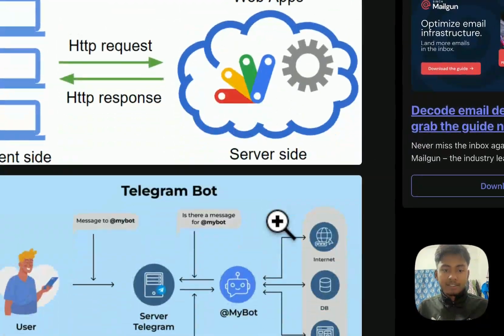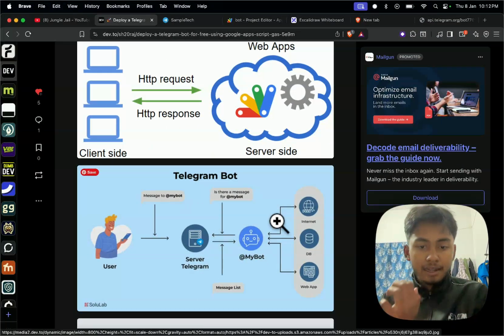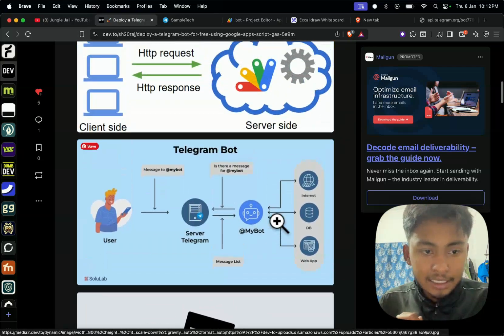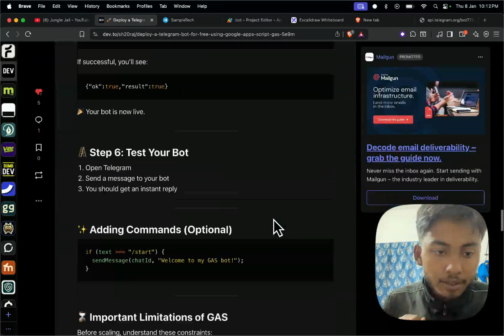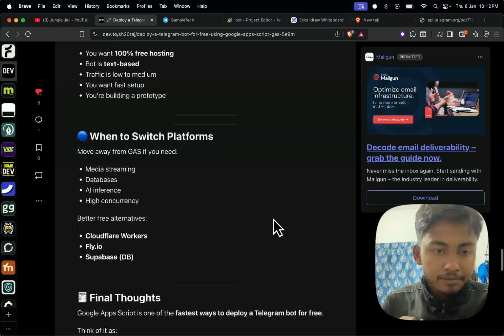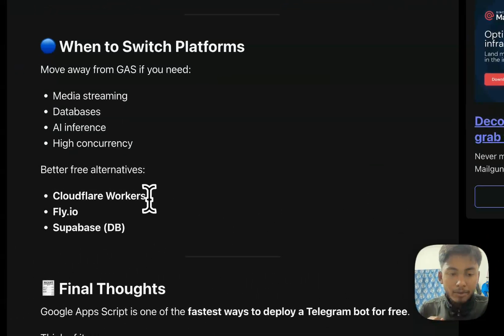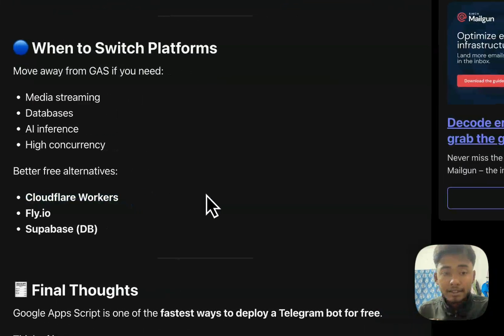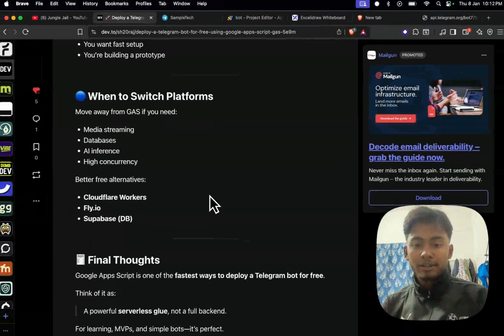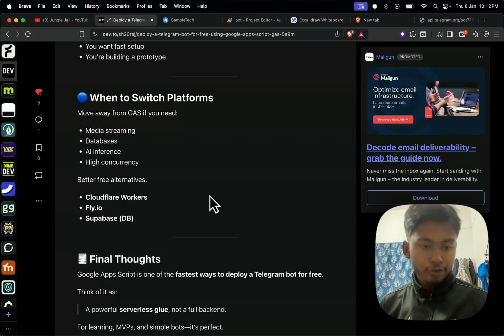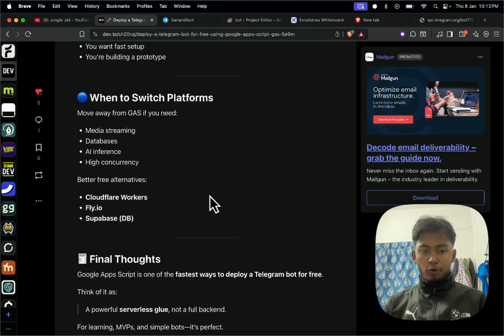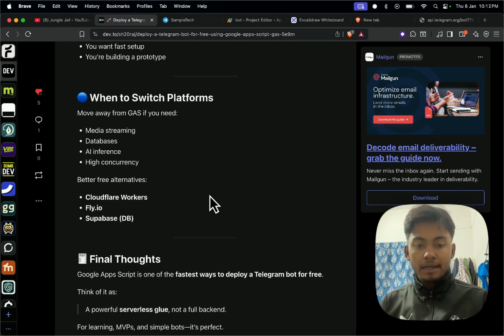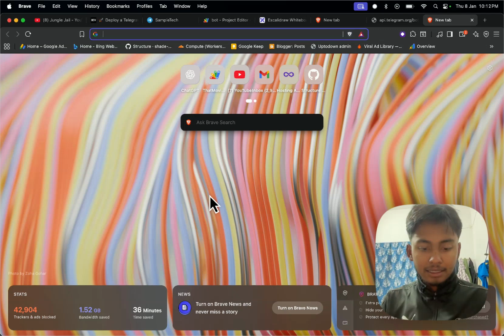You can also see the images here. There's something that I have not added here, but it's okay. I would recommend, most of my bots are deployed on Cloudflare Workers, and it's working absolutely fine. So if you want a video on how to deploy your bot on Cloudflare Workers using any framework like Bun, no, not, oh no, Bun is the runtime, guys, and especially this